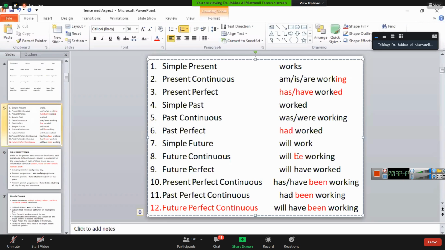For future continuous alone, you will be using this be form. That also, please understand. This is another important clue. Okay, so only for future continuous, this be form will be used. For all this perfect continuous, been will be used. Okay, and irrespective of this perfect, past, present, and future, you have to use has or have. Okay, here had, here have, and here also have. So this present and future have a sort of similarity. They will take for have mostly. Only in the past you have to take only with had. Okay, so for all this continuous you will be using ing forms, whereas in the perfect only you will be